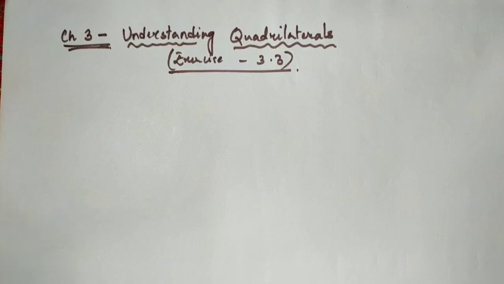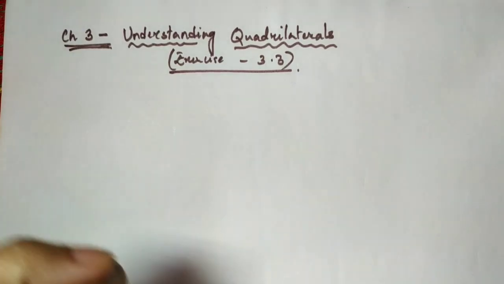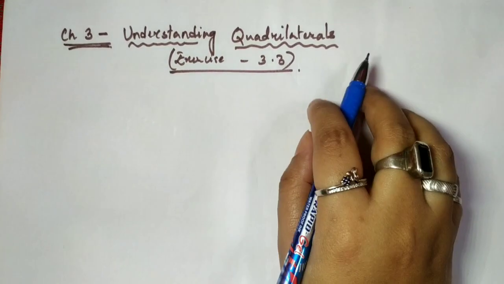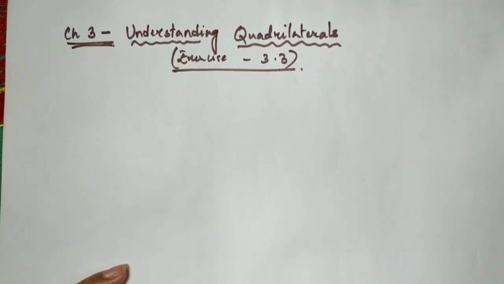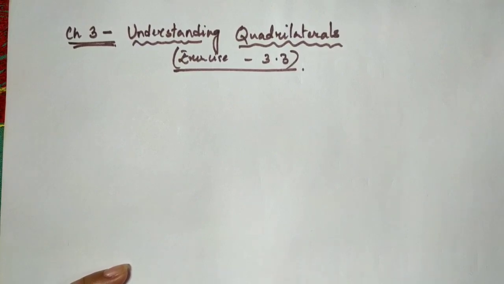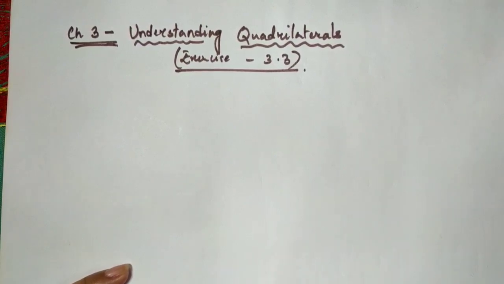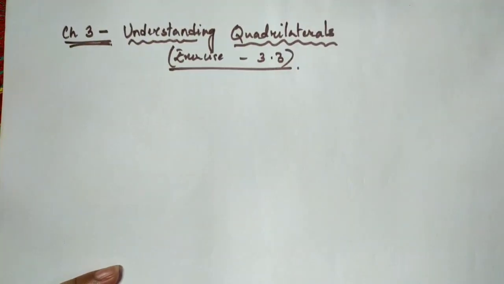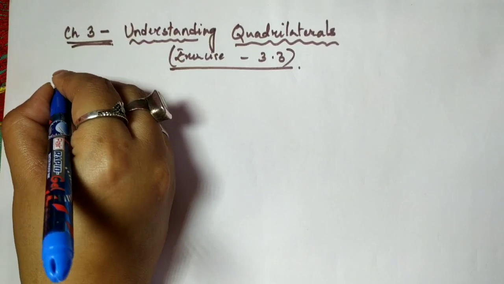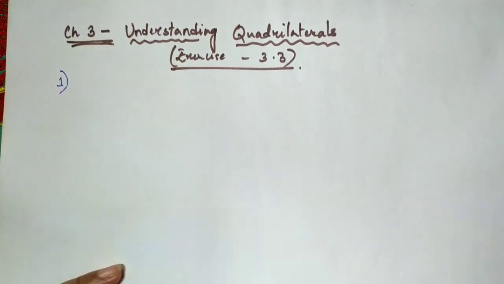If you do not remember or have forgotten the properties of polygons, I would like you to go back to the materials that I have provided and try to remember the different properties of a parallelogram. Now we'll mainly discuss parallelograms, one special type of polygon, or you can say a special quadrilateral. Here we'll start with question number 1.